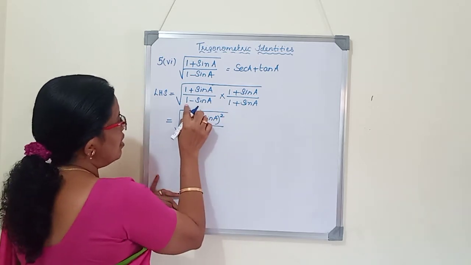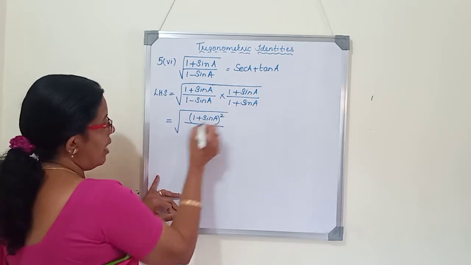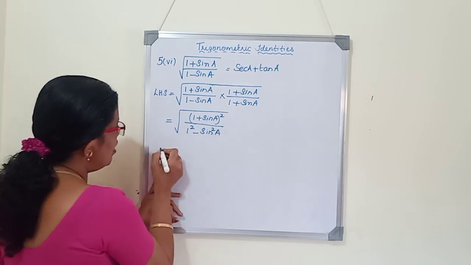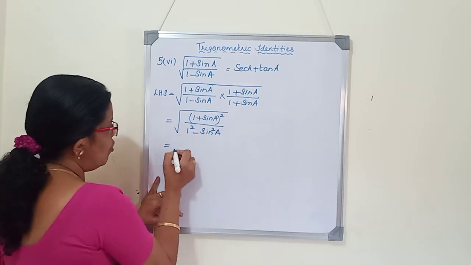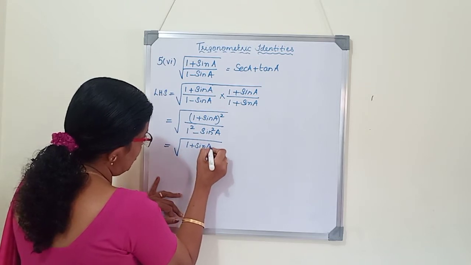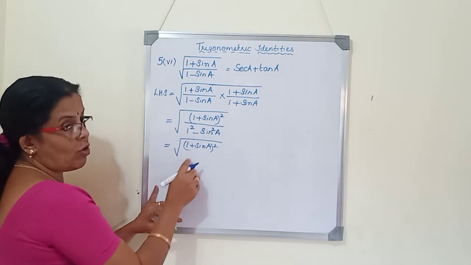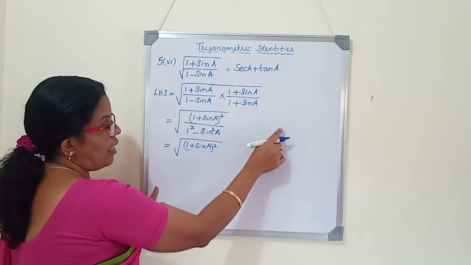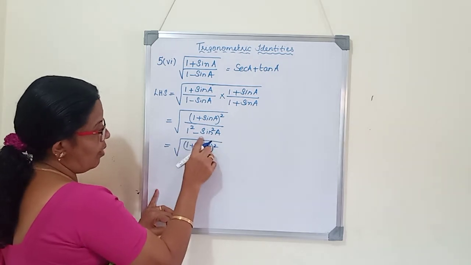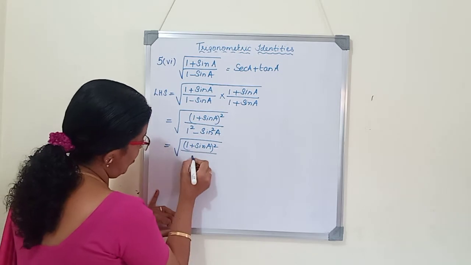divided by, this is (a minus b) into (a plus b). (A plus b) into (a minus b), I will directly write a square minus b square. So now I will write root of (1 plus sin A) the whole square. Now I will write the numerator as it is. In the denominator, we know that 1 minus sin square A is cos square A from the first identity. Sin square A plus cos square A is 1. Therefore, cos square A is 1 minus sin square A. So instead of 1 minus sin square A, we can write cos square A.